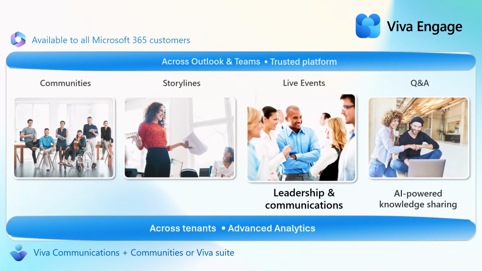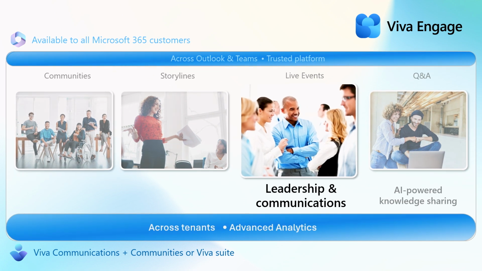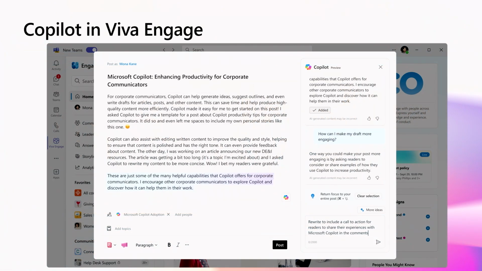All right, so I'm going to go through each one of those, starting with leadership and comms, and we're going to do a bit of a whirlwind tour here. Everything in Engage starts with making a post, but people often aren't sure what to post about. So Copilot in Viva Engage helps you write your post. First, it can inspire employees and leaders on what to post on using conversation starters. These are topics to post on that are based on active conversations, campaigns, and communities in your network. Second, it can then help you draft your post or even brainstorm on post ideas.